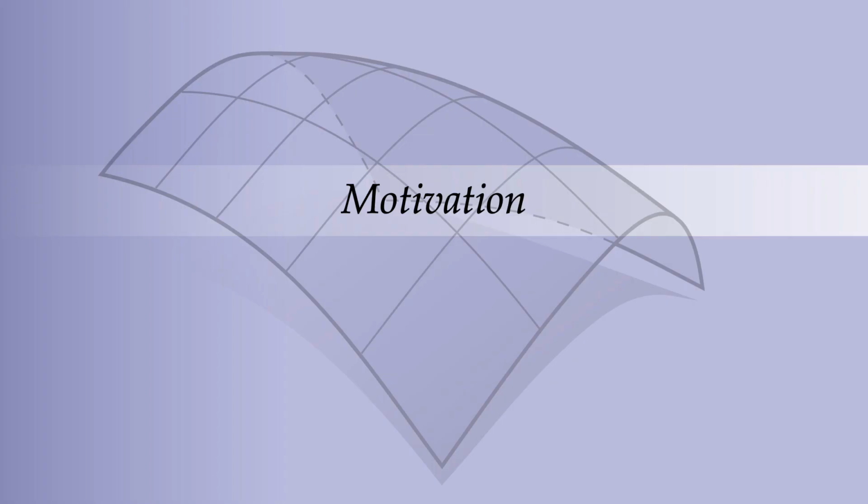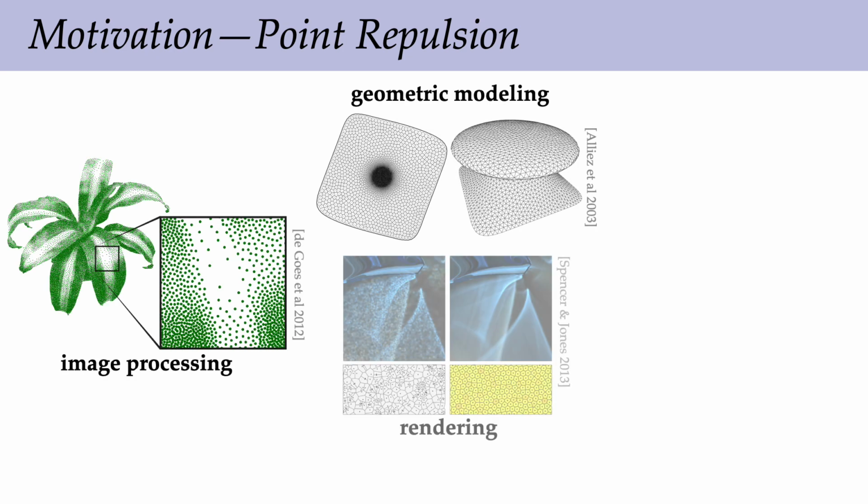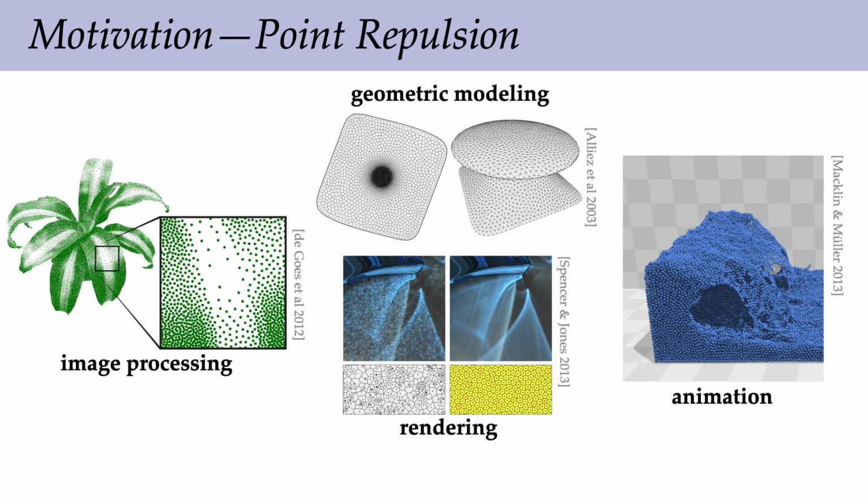So first and foremost, why would we want to solve this kind of problem in the first place? Well, look, if we think about just point repulsion, this already shows up as a basic computational tool across every major area of computer graphics. For instance, in geometric modeling, well-distributed points are used to compute meshes with nice element quality. In image processing, repulsive points might be used to find nice stippling patterns. In rendering, point optimization helps to improve, for instance, the distribution of samples used for density estimation. And in physically based animation, repulsive points show up as a basic component in solvers like SPH and other point-based